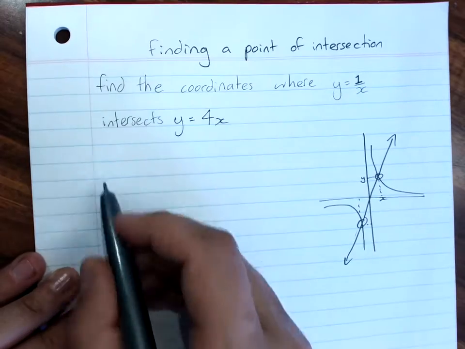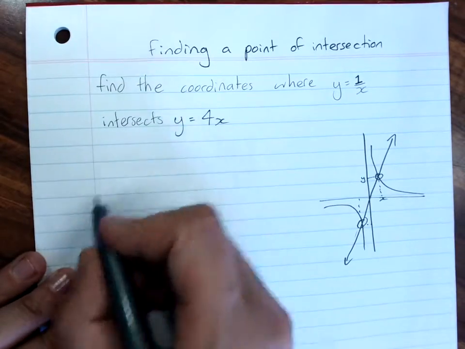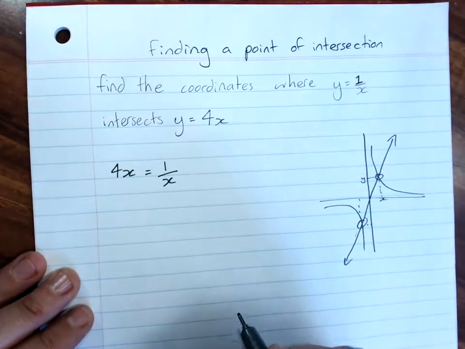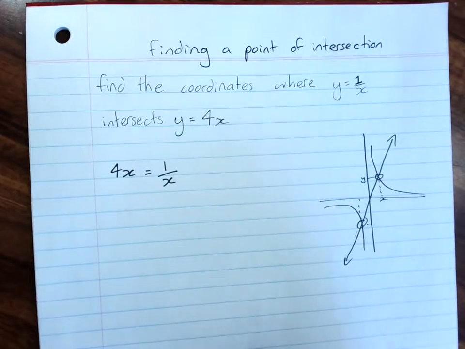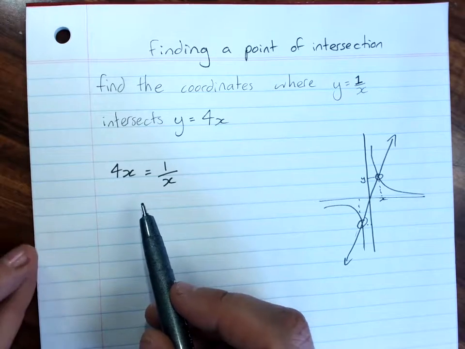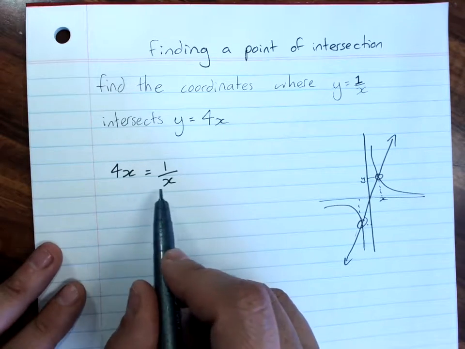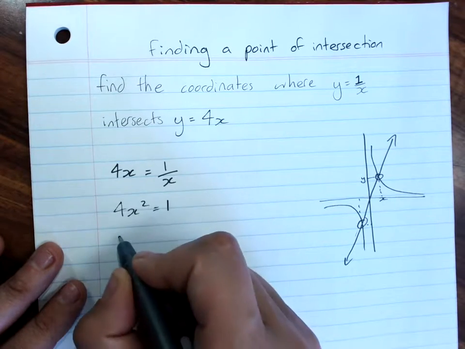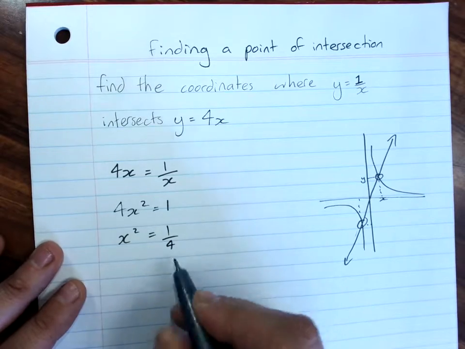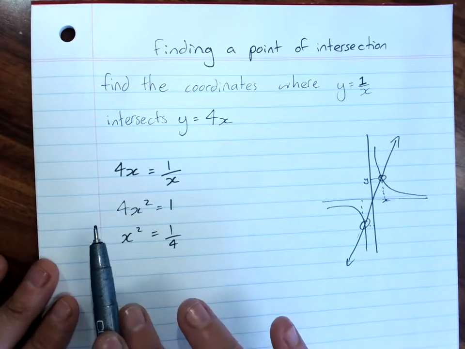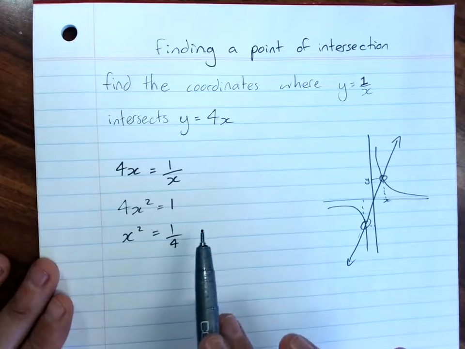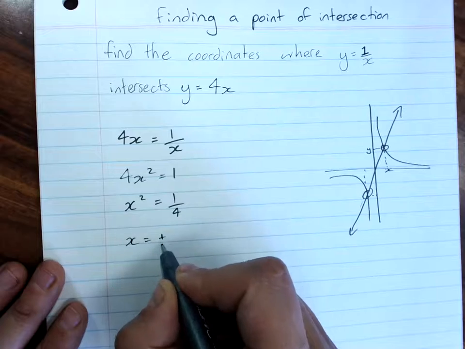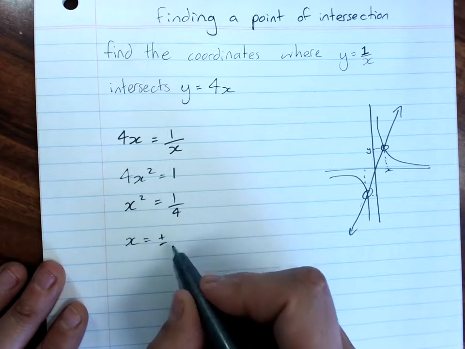So you can say that where they intersect, this is like simultaneous equations, 4x will be equal to 1 over x. And then we solve to find the values of x. Multiply both sides by x. 4x squared is 1. x squared is 1/4. Now remember, of course, that to get x on its own here, we're going to need to take the square root of both sides. And that means I'll have plus or minus the square root of 1/4,